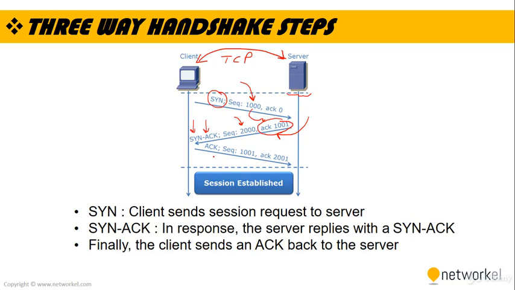Then the third step is the client responding back with an ACK again, saying that this ACK has a sequence number of 1001 because my SYN's sequence number was 1000, and this is my next packet that I'm sending to you, with a sequence number of 1001. And I am acknowledging the packet that you sent me with a sequence number of 2000, so the acknowledgement number is 2001. Alright,